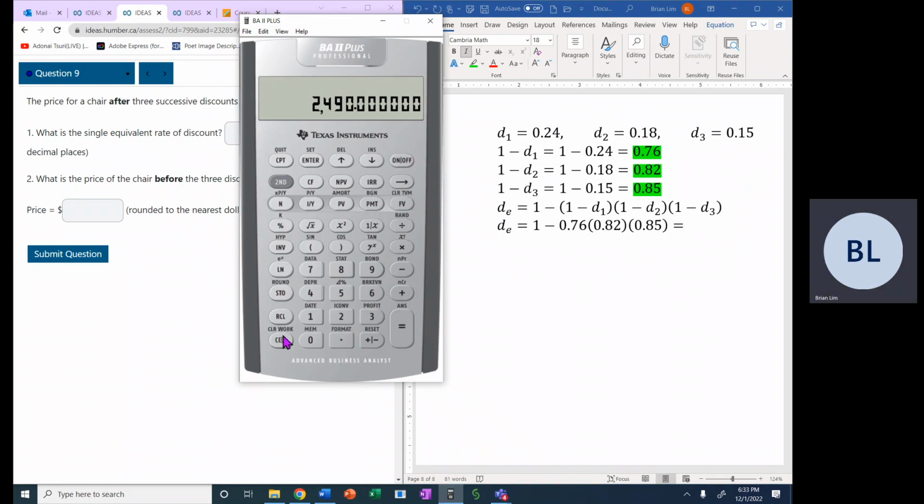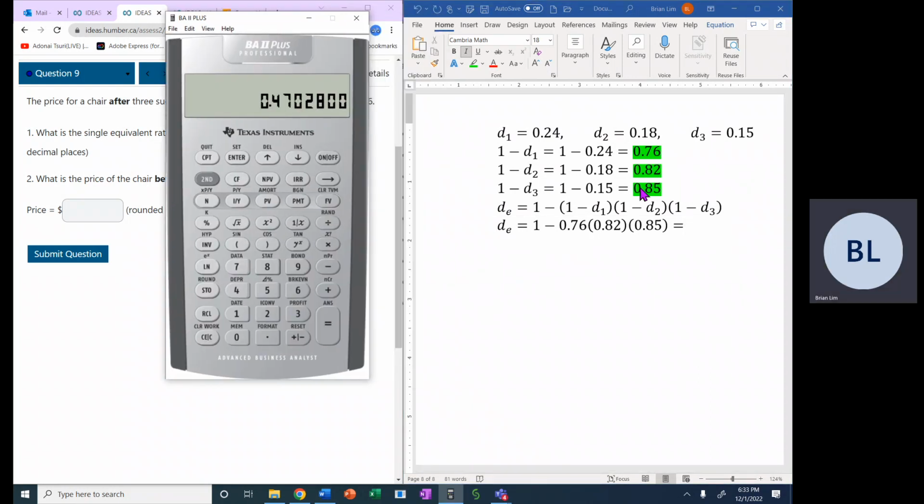We will do the multiplication first, 0.76 times 0.82 times 0.85. And that is equal to a product of 0.52972. Now we can make that quantity negative and add it to 1, which is the same as subtracting the product from 1. So that result is